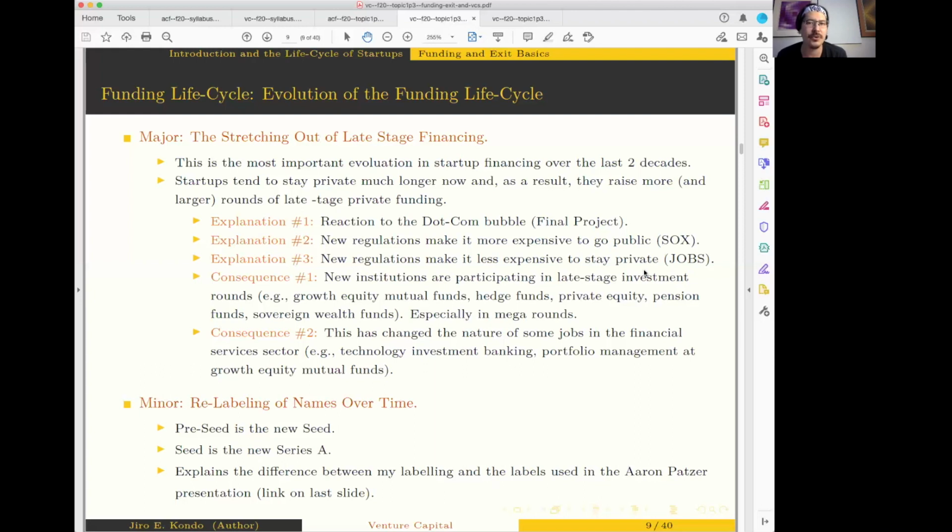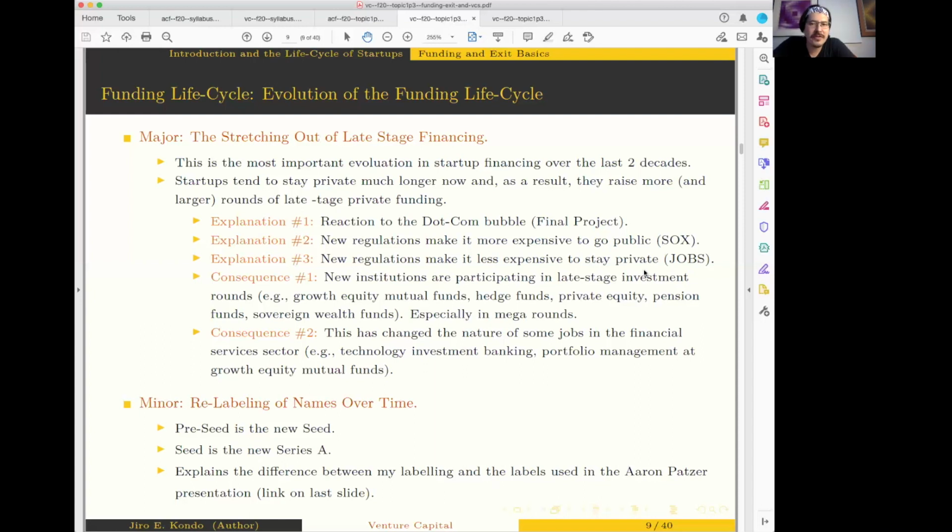And I want to highlight 2 examples here. These are what I call the consequences, 1 and 2, which is one consequence of this shift on investment banking, and one consequence of this shift on investment management. One is investment banking, the other one is investment management, okay? Let me start with the investment management one, right?